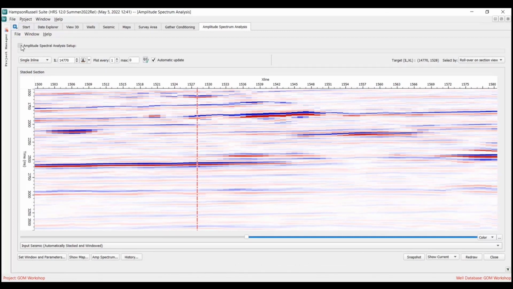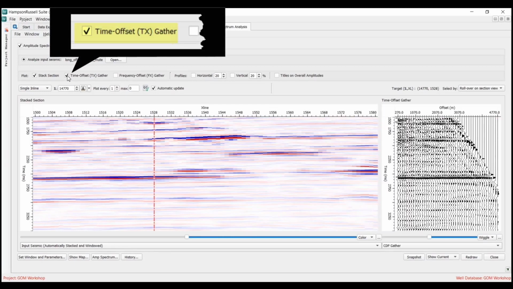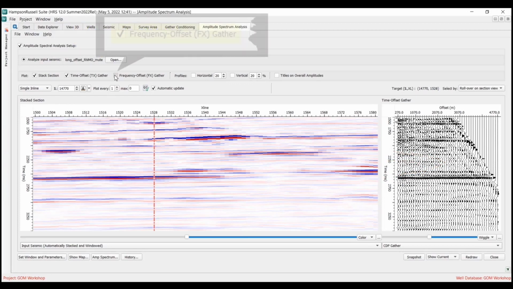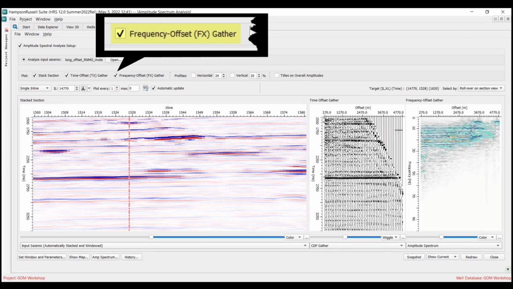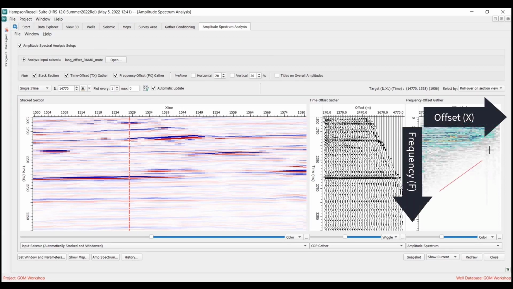Within the main window of the analyzer, at the top part is the setup area. The setup area allows you to look at different panels or different ways of looking at the seismic data. The checkbox here is called the time offset gather, so it shows you the actual original gathers at that particular location. You can also turn on frequency offset gather, which shows the frequency spectrum of the offset data at that particular CDP. As you expect in most offset data, you will see a decrease in the amplitude range